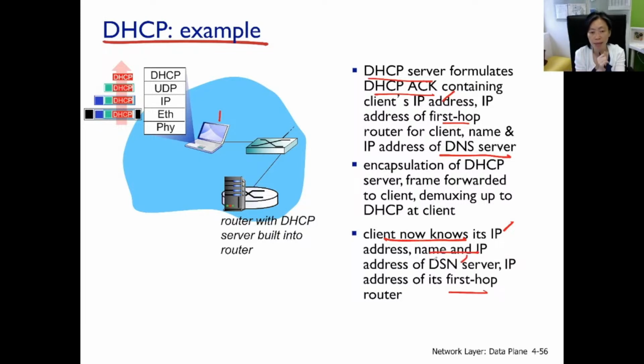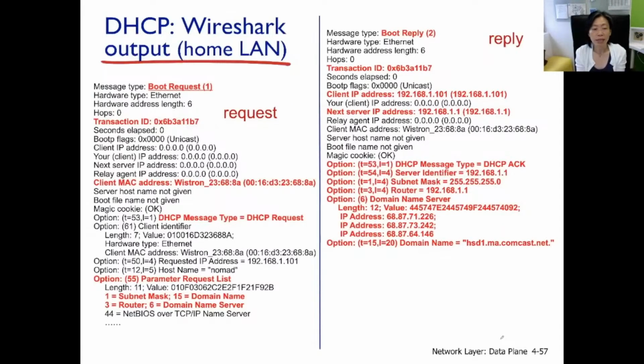The network mask. So what I'm showing here is the result of sniffing DHCP messages. This is a DHCP request message, and this is a reply to that. Earlier we actually called it the ACK packet, the ACK message. I can use tools like Wireshark or tcpdump to sniff packets traveling the internet. After sniffing, you can see the content inside the packet. This is the request message. You see boot request, and in the reply, the ACK message, it says boot reply,